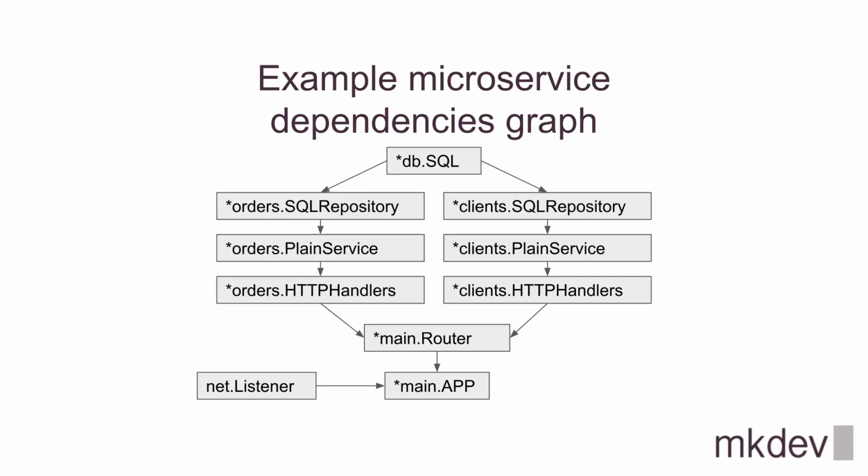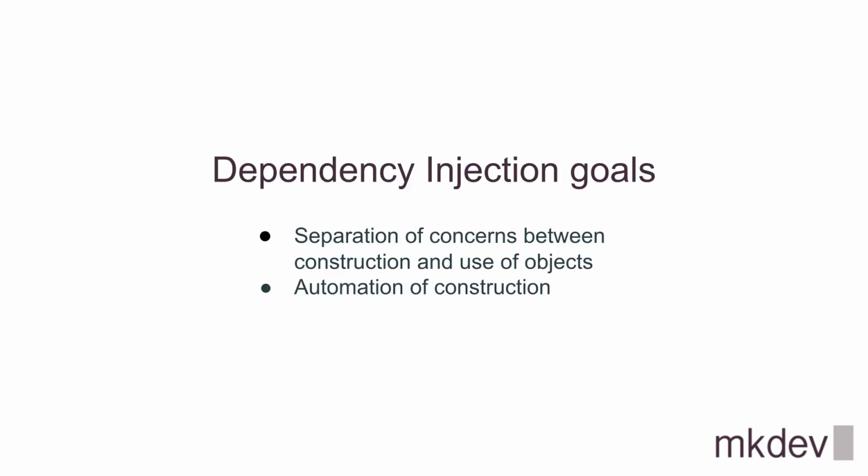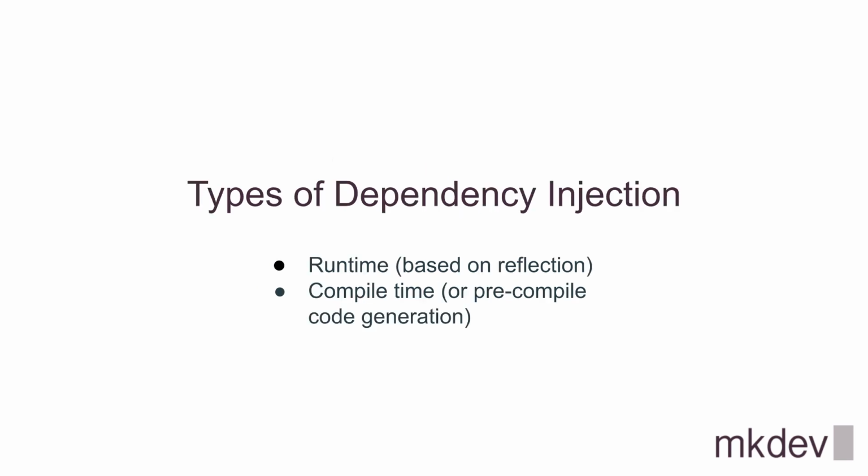Our app has a quite simple type dependency graph that can be represented on one slide and omits implicit interface to type matching. It's okay if there are only 10 constructors for types, but what should you do if there are 100 types and each one of them may depend on several others? The intent behind dependency injection is to achieve separation of concerns of construction and use of objects. Also, make construction of them as easy as possible.